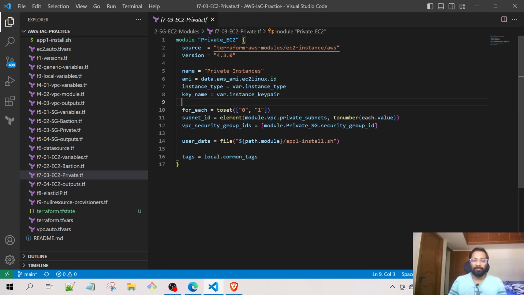What the element function does is that it accepts a list, and it also accepts the index of that list, and that particular index will be passed on to this subnet, and for each different value of that list the resource will be created. It's as simple as that. And in order to support this element function, I have created the